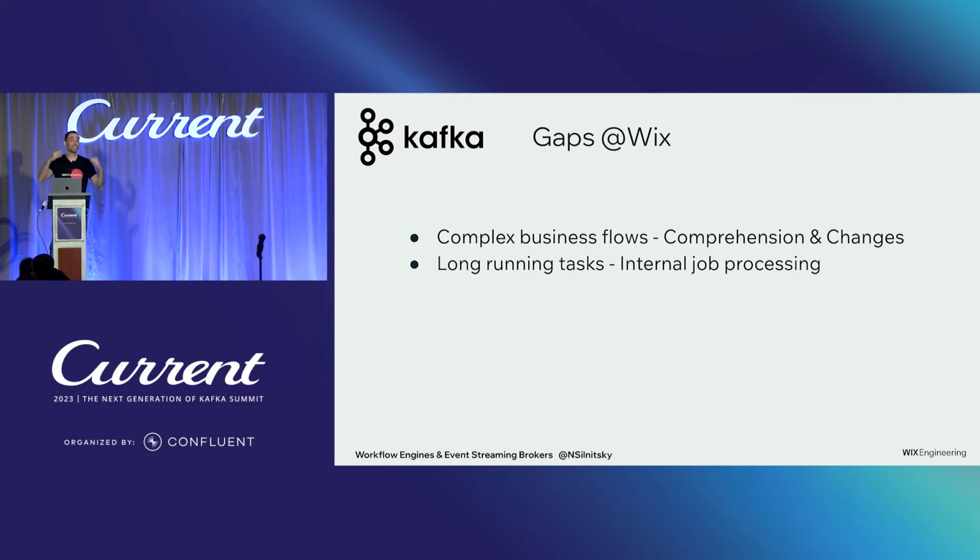Also, changing the sequence inside this flow is going to be more tricky, and you need to touch a lot of areas. And the most important thing is production monitoring. How do we easily find the source of issues, what's going on with incidents in production, with all these events running around? The other point is long-running tasks. Sometimes we have use cases where the job takes a long time, maybe even several minutes, and in that case Kafka doesn't have optimal support for that. We'll see why later on.